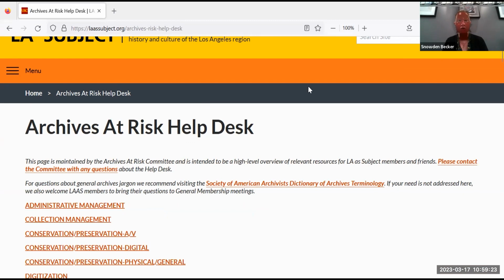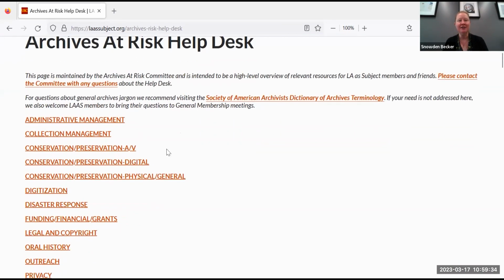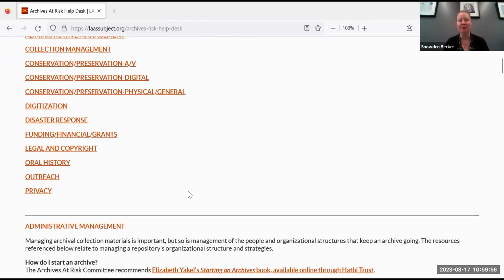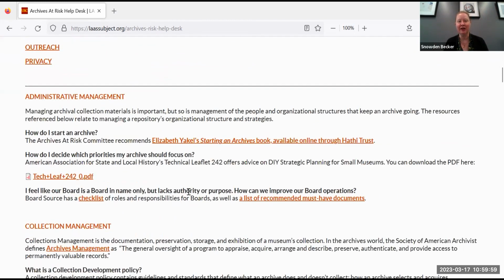And apologies for the weird Zoom screen issue. It comes and goes. I wish it didn't happen at all, but here we are at the Archives at Risk Help Desk. As you can see, the resources are divided into topic areas, some of which have a little bit of overlap, but for the most part, they're all in one long page. So if you're looking for keywords and you don't see a clear match here, you can find the resources you're looking for by doing a Control F, but it's just absolutely packed with useful information,